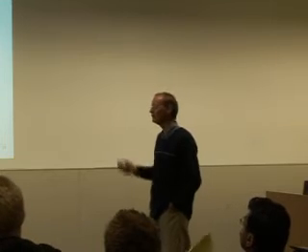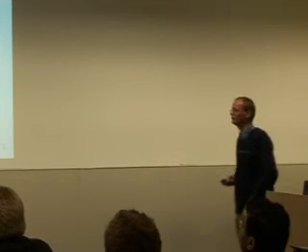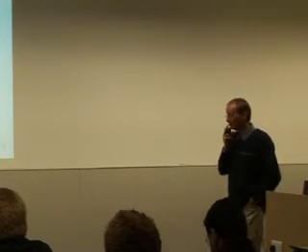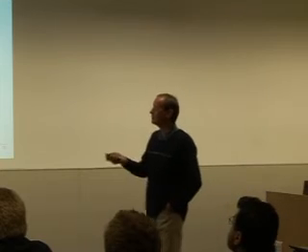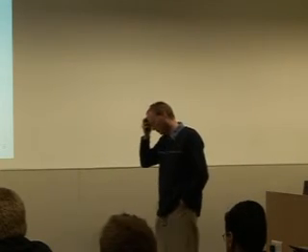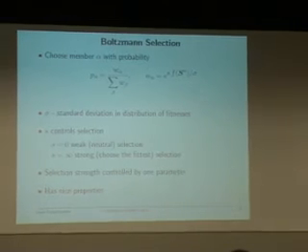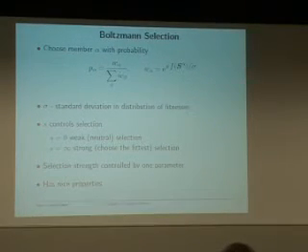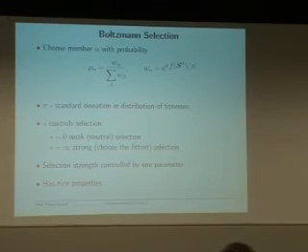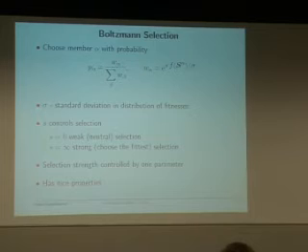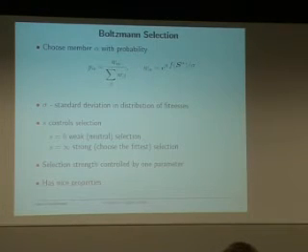So it has a nice parameter that completely controls selection strength, and it has some nice properties, which I'm not going to go into, but theoretically you actually lose less genetic diversity doing this than you do using tournament selection. Well, you lose less diversity in the fitnesses for the same increase in the fitness.